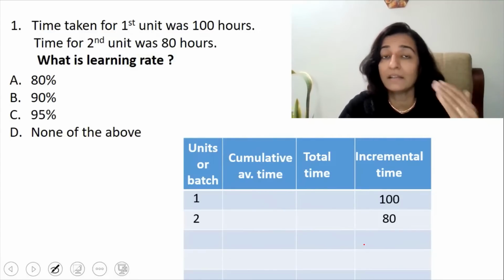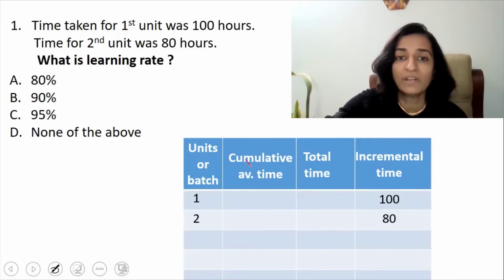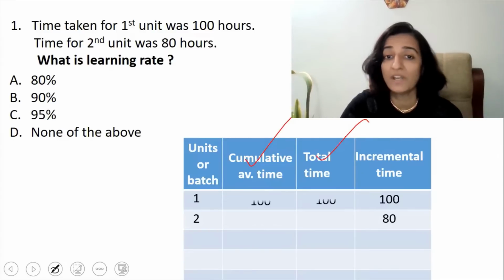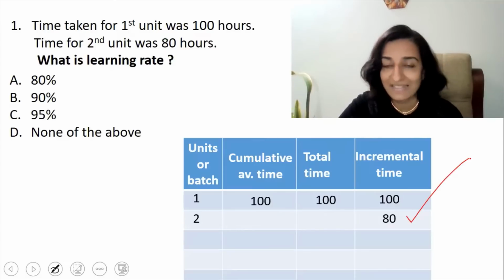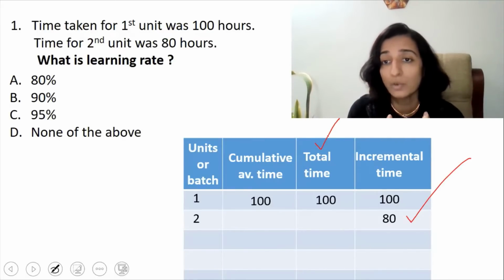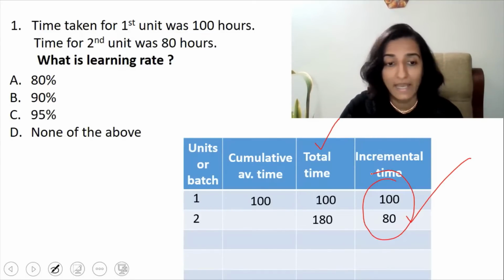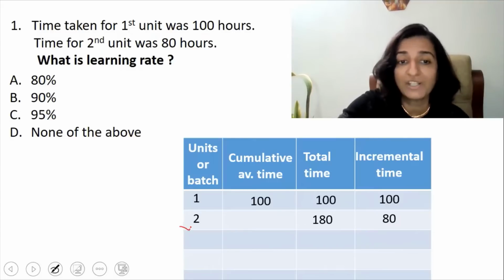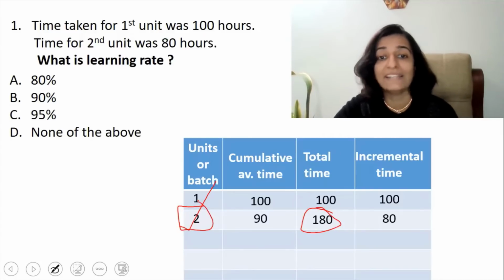Now we have to calculate the cumulative average time. Now, if incremental time of the first unit is 100 hours, then definitely the cumulative average time and total time will also be 100 hours. And as for the second unit, if the incremental time is 80 hours, then the total time after completing the two units is 100 plus 80, which is 180 hours. And the cumulative average time after the completion of two units is 180 divided by 2 or 90 hours,